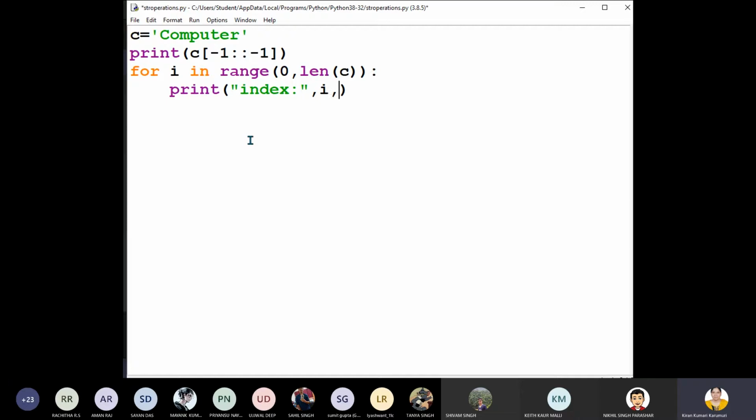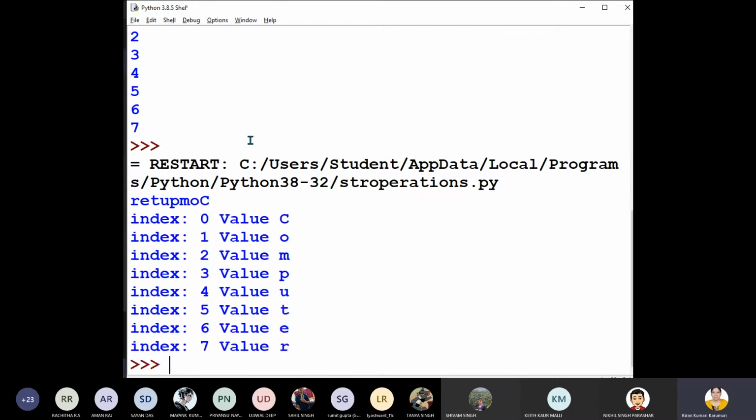What should I write here? Tell me, children. What is the value at that location? How do I get it? C within square brackets i. Okay, ma'am. Now let me explain and show you. Now you can see the 0th index, what is the value? C. Then value O. Like that, we got all the values.